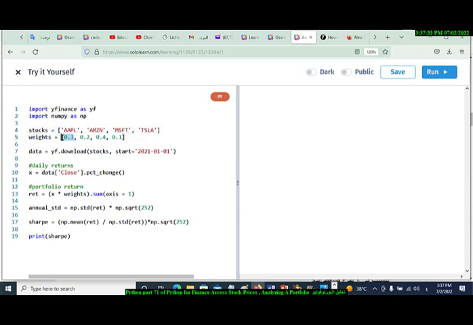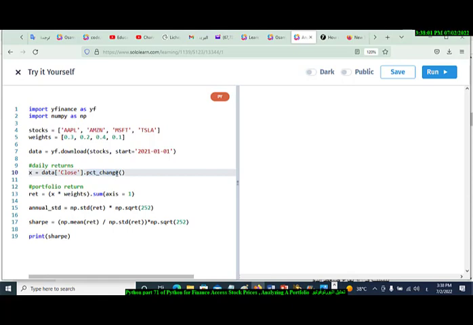Apple has a weight of 30% and Amazon a weight of 20%, and so on. So we downloaded the data of these stock prices starting from this date, and then computed the daily returns, which is a percentage or ratio, by using the percentage change or pct_change function,